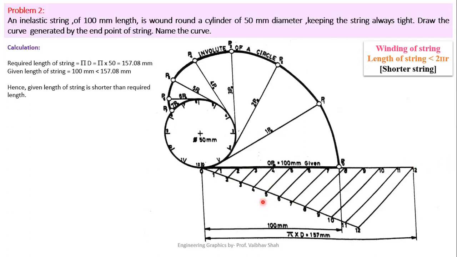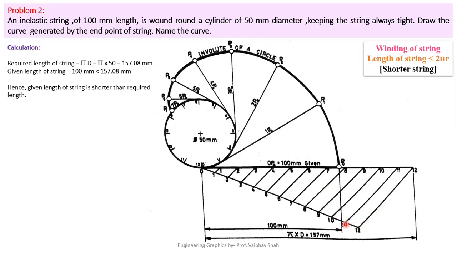Here we have used a method known as the triangular method, or the division of line method, in which we have drawn one 12 centimeter line. We have divided this 12 centimeter line into 1 centimeter each, making 12 parts. We have connected this 12th part to our line's end point, the 12 point. After joining this line, you have to put your roller scale or drafter edge on this line and slide it down the drafter edge.